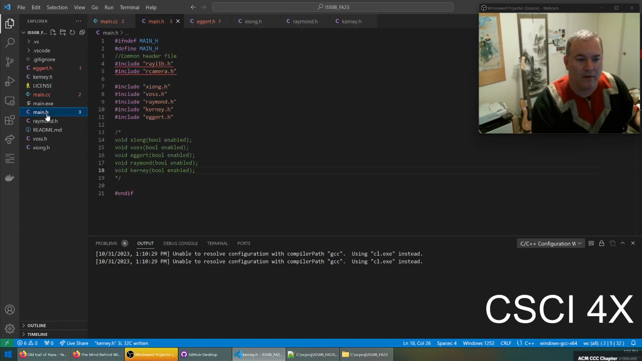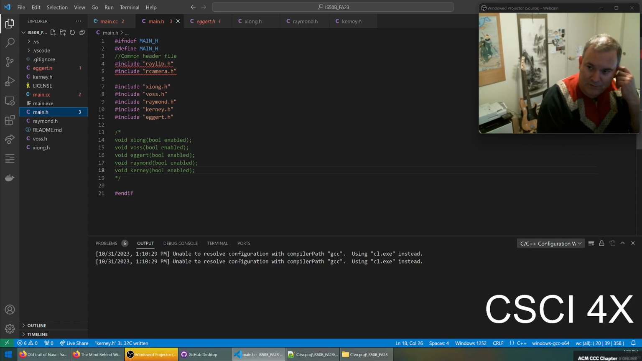Okay, so I can leave these in here just so we know what functions exist. But each of these functions are now defined inside of these header files. We're including all these header files. And so